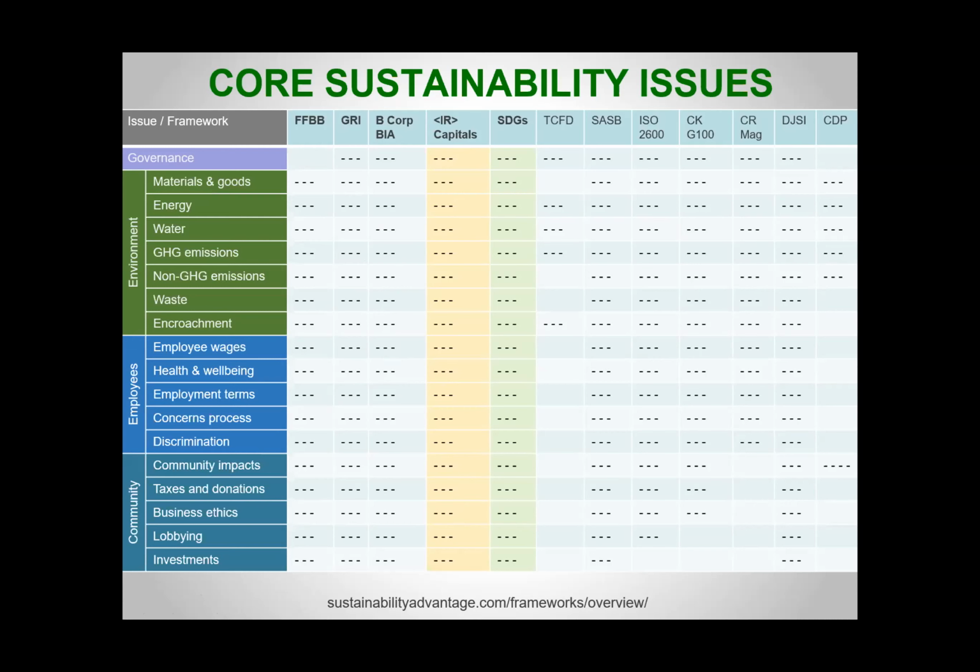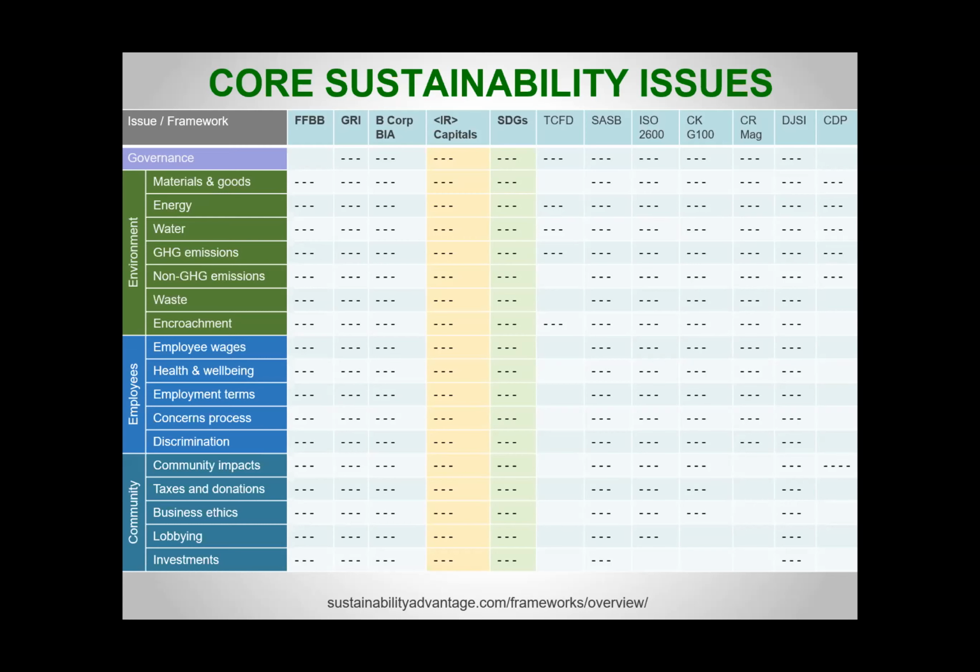The integrated reporting capitals, you may have heard of this before, but there's an encouragement that companies produce integrated reports, and they should frame how they're doing on 6 capitals: financial capital, manufactured capital, and intellectual capital, which you can monetize. It's fairly straightforward, but also natural, human, and social capital. So they use capitals language to describe this stuff rather than the language that you see in the left-hand column.